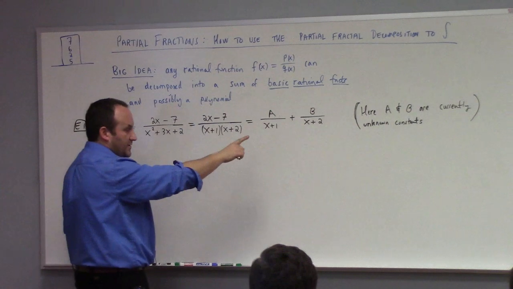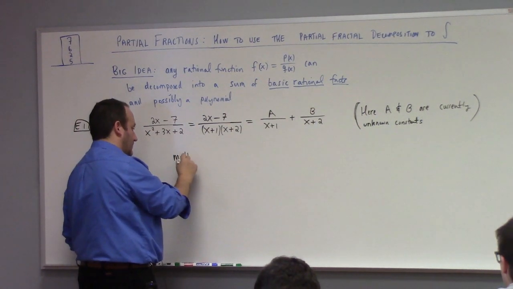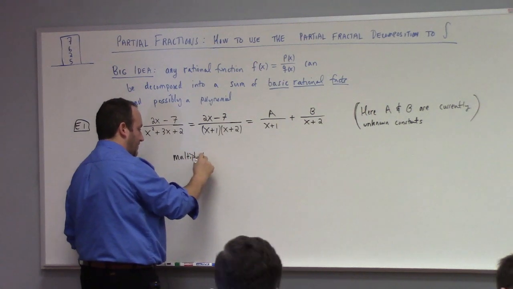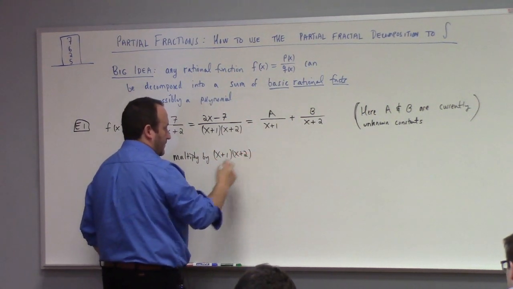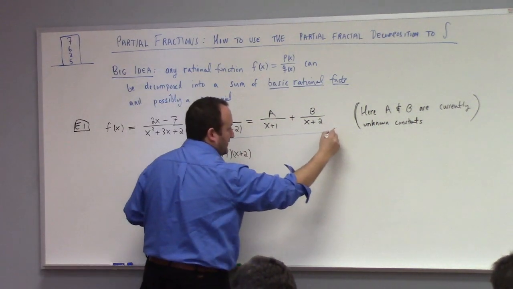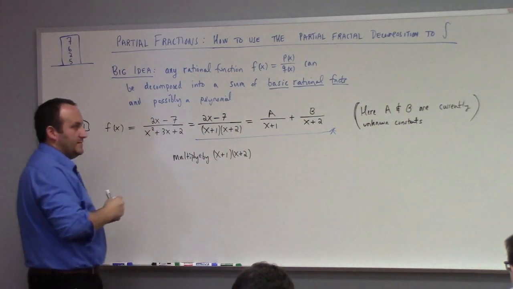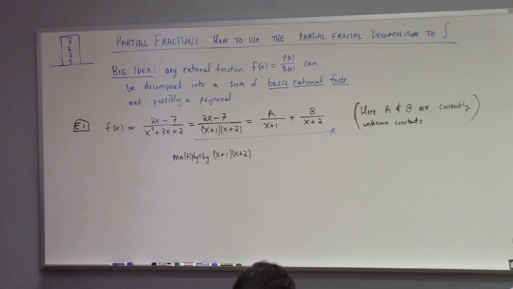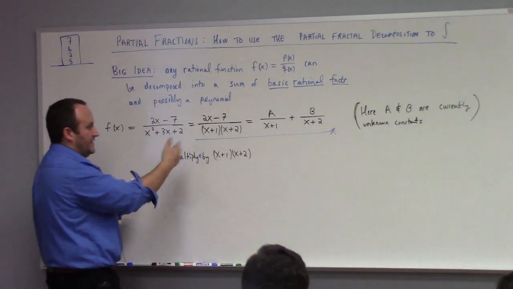So what I do is I multiply both sides by the denominator. And to be clear, I'm going to take this equation here, star, and I'm multiplying star by that. What happens when we multiply star by the denominator? On the left-hand side,